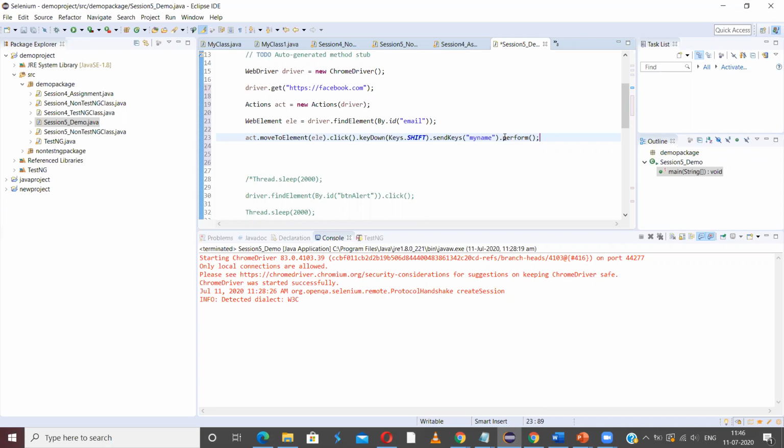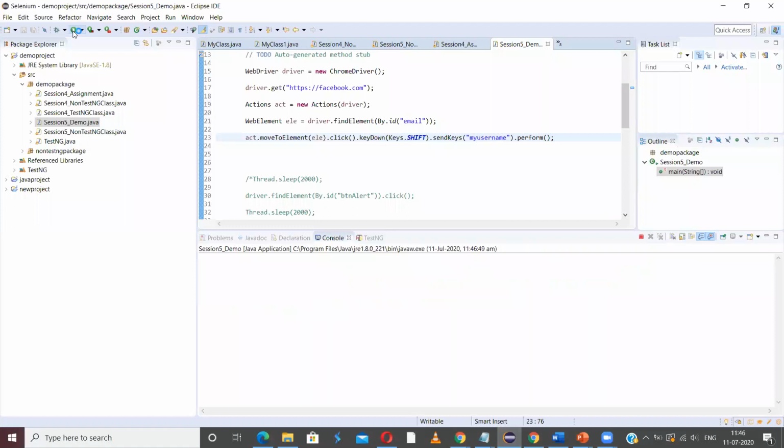Now let us see whether we are able to enter the text in capital letters or not. Let us save this one and run this.